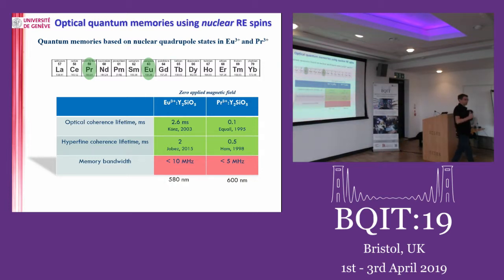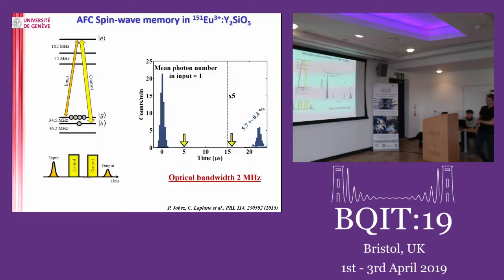Now you can do dynamic decoupling and looking for clock states and things like that, and then you get huge coherence time, obviously. So in this system, people have shown 6 hours coherence time by doing different tricks. So that's done in the group of Matthew Sellars in Australia. The question is, do we need 6 hours coherence time to do repeaters? I would probably be happy with a few hundreds of milliseconds if I can get the bandwidth. So this is maybe the trade-off that one needs to do.